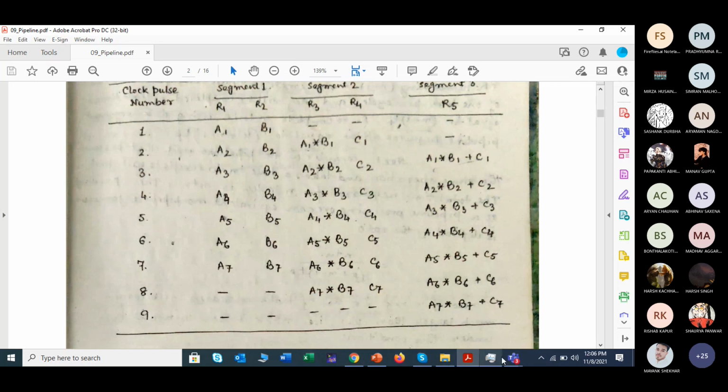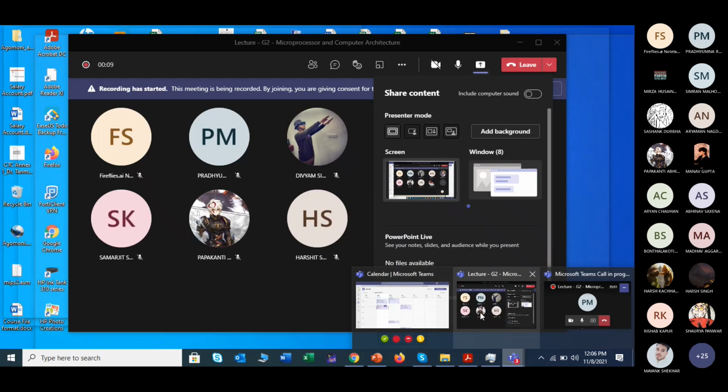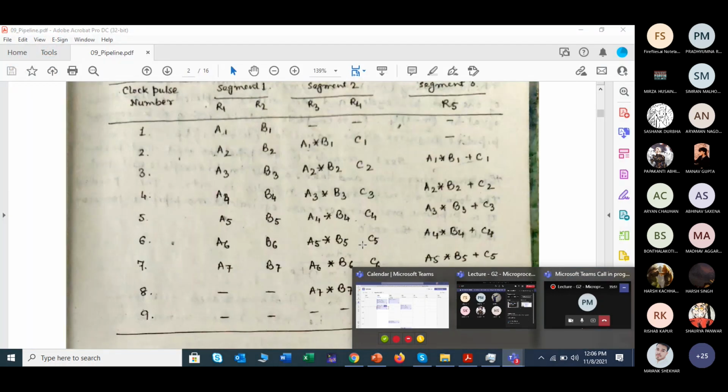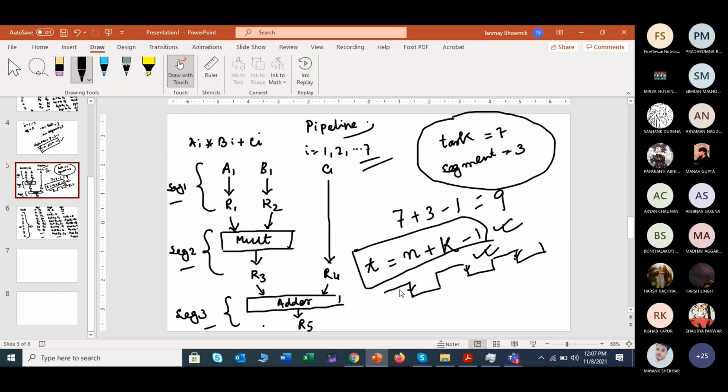So that was the discussion of how you will calculate your time period. And one more point was discussed: if your clock pulses are synchronized, that means you have equal clock pulses, then only you can apply this thing. So what is the equal clock pulse? We just have this example that if your clock pulses are of equal duration, then you can use this formula, no problem. But if it is asymmetric, then it will not be acceptable.